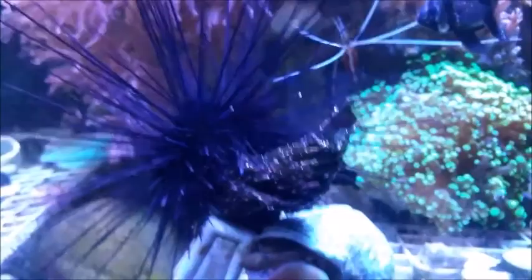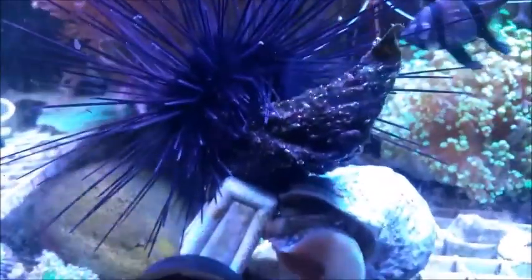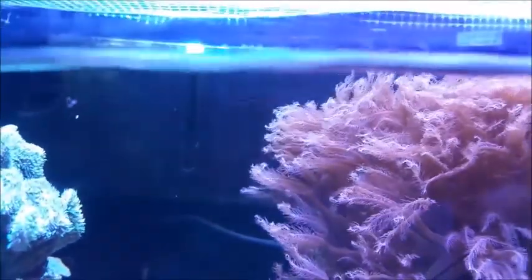So these guys will devour that within the hour. If I give this 2 hours, I would say at the most, this sheet of algae will be gone. Now, a funnier note, my other huge Mexican snail tends to go into the hang-on refugium that I made, and let me show you that, because people never believe me, that he squeezes into the box and forces it down on one side, and there he is in there having a good old time eating the refugium algae. I like that he eats that nuisance algae, so I'll let him do that, and when it gets down to like a little piece, I'll usually get him out of there, and it regrows, and it's kind of a natural